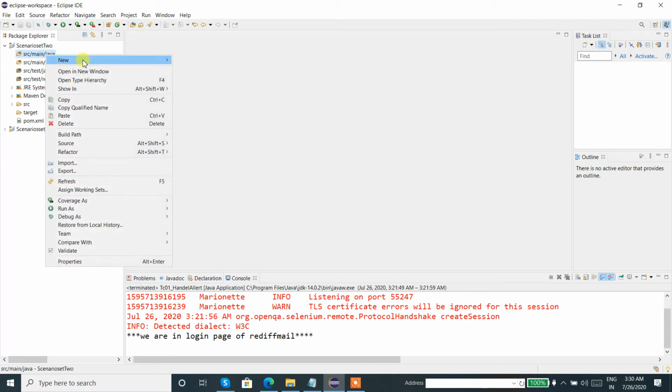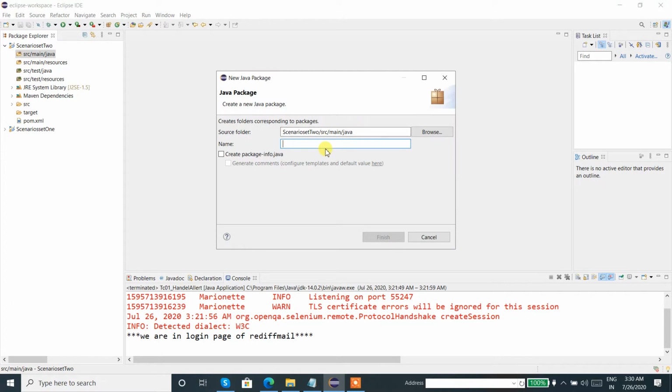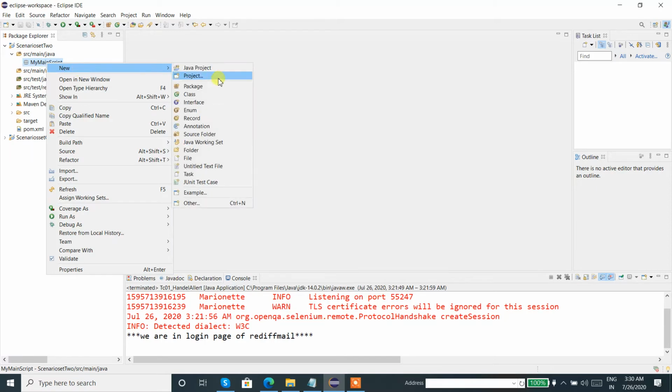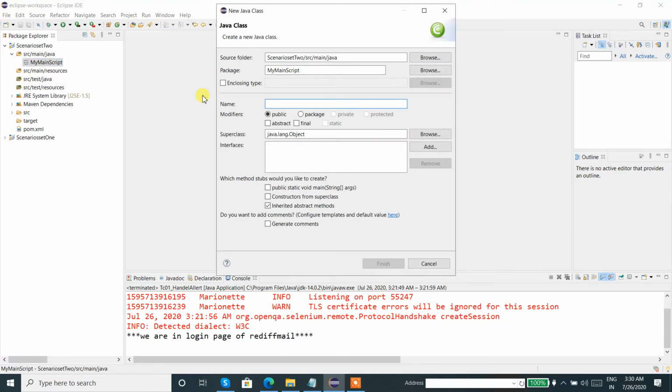Let's create a new package over here. Fine, let's say main script, and let's click on Finish, and here let us create a new class. Let us say the class name is SimpleLaunchTest.